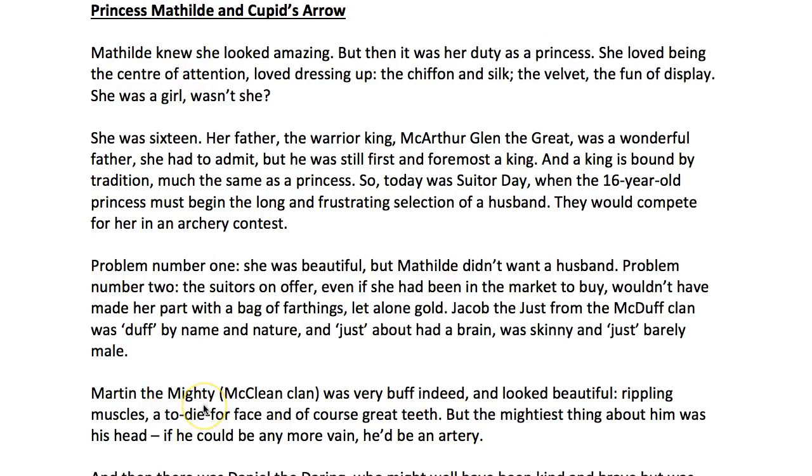Okay, that one technique that I've shown you is guaranteed, if you practice it, to get you a much higher grade than you're on now. There is another technique which will help students no matter what grade they're on, and this is how to write about a film. So I've got one story in the book which is about a film called Brave. I've translated that into the story of Matilda and Cupid's Arrow. And then